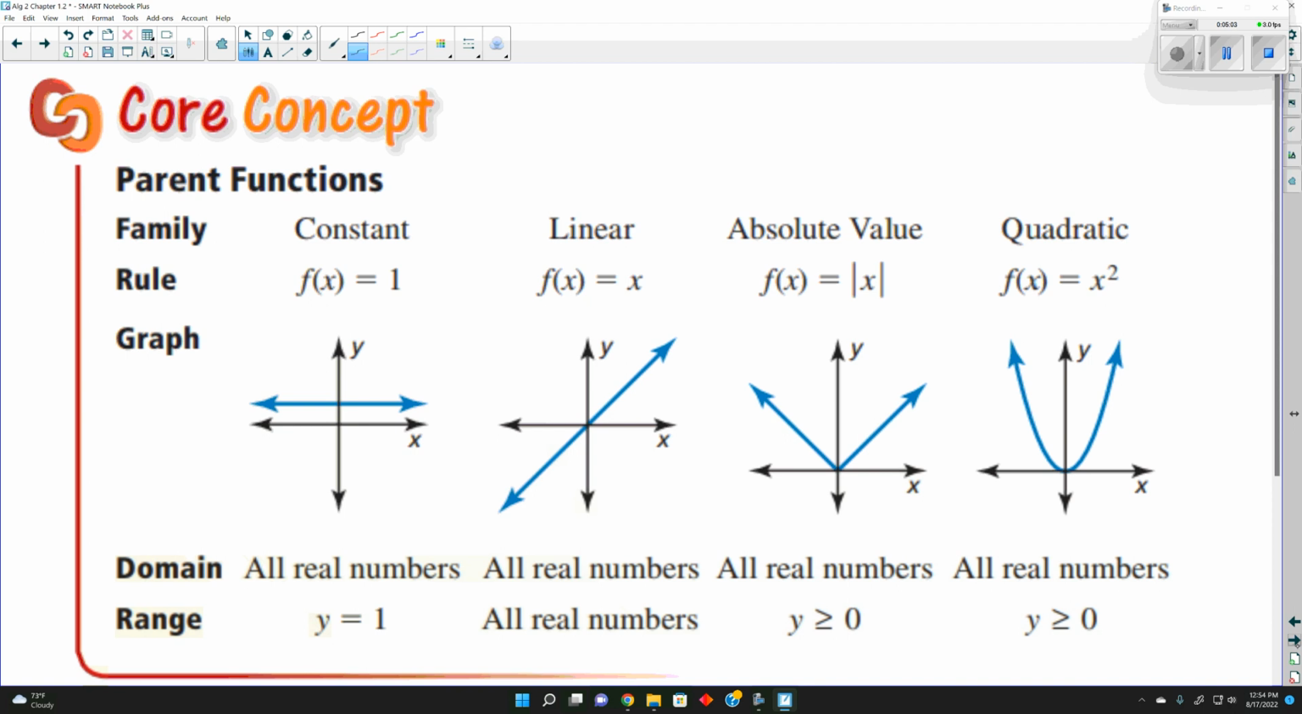So what we're looking at today, bless you, are parent functions and their transformations. Now there are four main parent functions that we're going to look at. Constant, linear, absolute value, and quadratic. Constant functions are, I think, one of the easier ones to pick out is we don't have a variable. When we talk about a function being constant, it is just a number. So like y is equal to 1, that is a constant function,